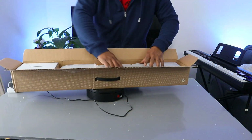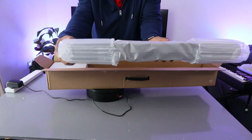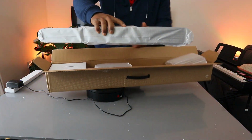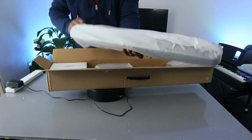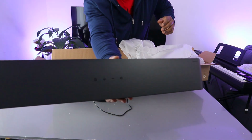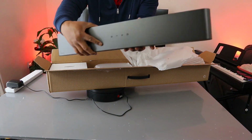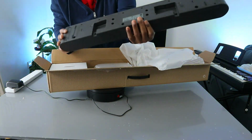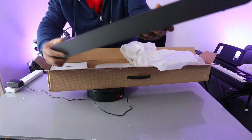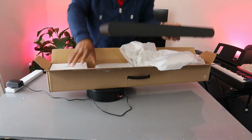Nice packaging. This is what it looks like. Nice. Wow, it's quite heavy. Look at that. Let's see what it looks like. Beautiful, very nice and sleek. Very compact. And this has center speakers, 3 channels,